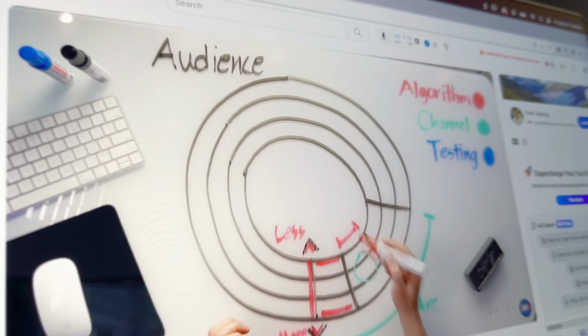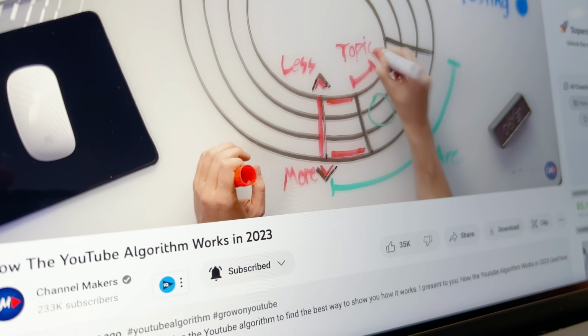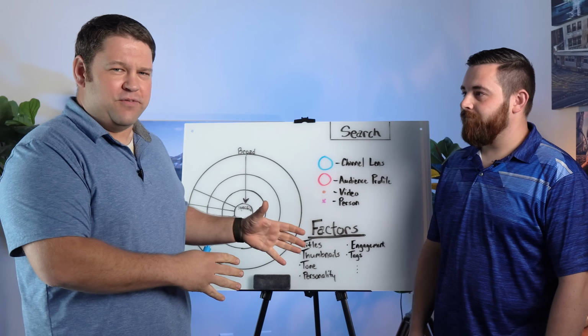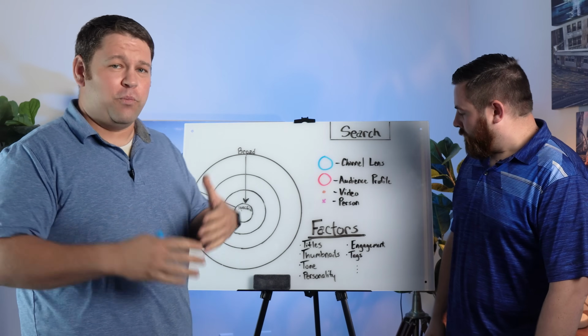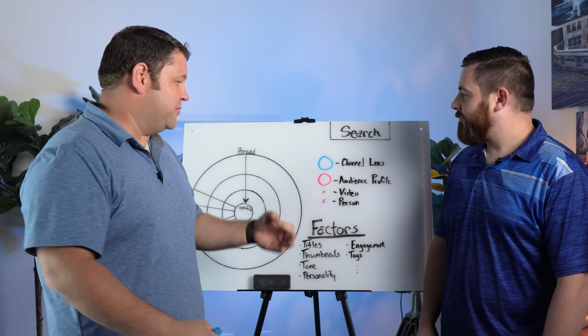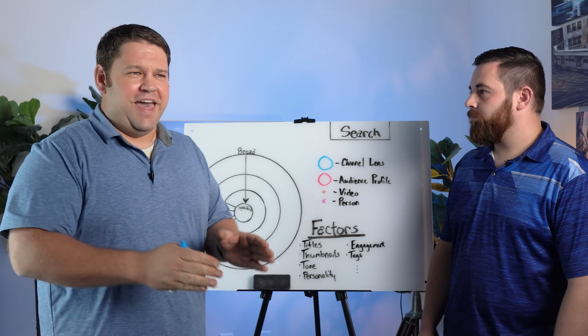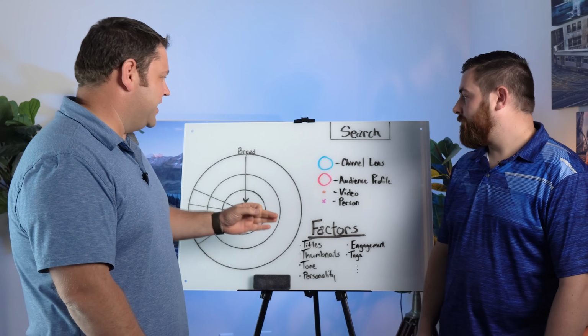About a year ago, we presented to you our model for the YouTube algorithm, how the algorithm works, and talked a little bit about how you could use that to your advantage. Today, we want to dive into that deeper. Over the last year, as we've been helping other people with their channels and building out our own channels, we've been looking at it through this lens, and we just have some new things to share with you. So that's what we're going to go into today.